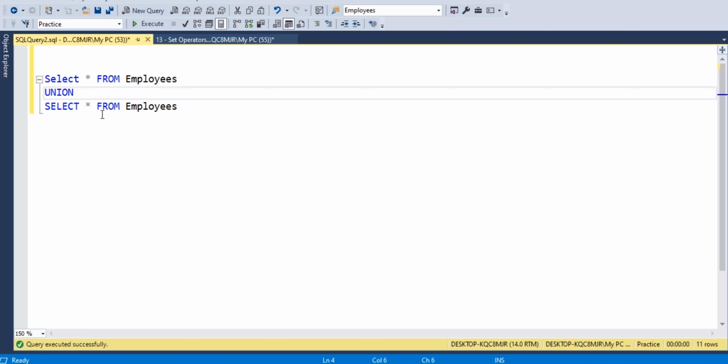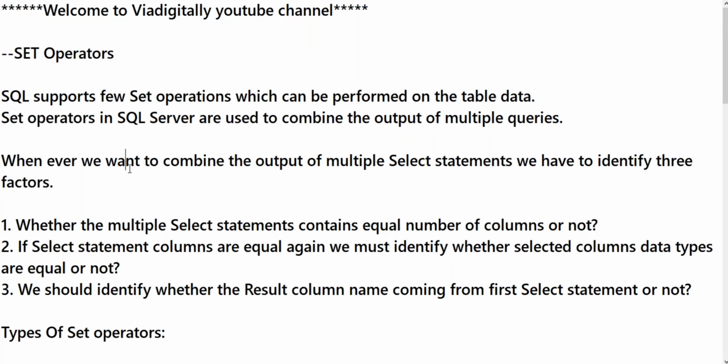But before applying the set operators union, union all, intersect, minus, what are the points we need to remember before working with set operators? First, check whether the multiple select statements contain an equal number of columns or not.